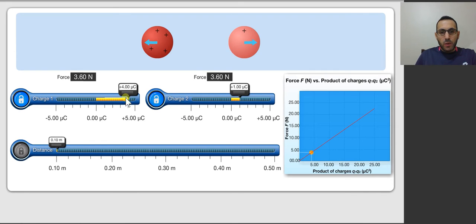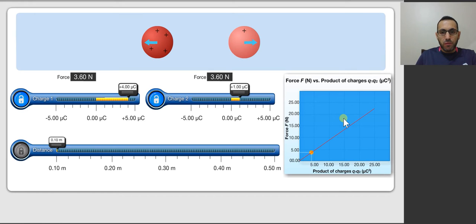But when I change the charge, I keep the distance constant, and this is done by turning this button off. Okay. This charge 1 and charge 2 are on. This means that I'm controlling the charge to study the effect of the charge on the force. Then, after that, I turn the charge off and change the distance to see the effect of the distance on the electric force. Alright? And every time I'm studying a variable, we see here